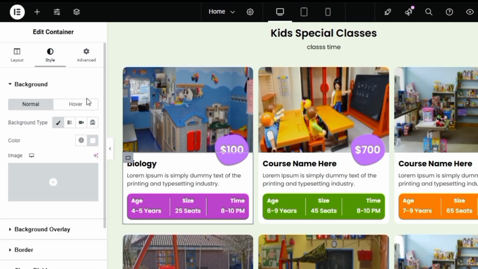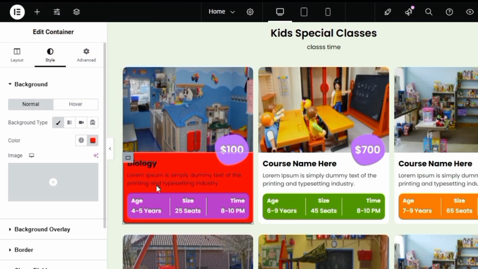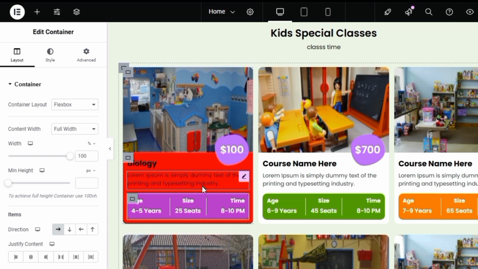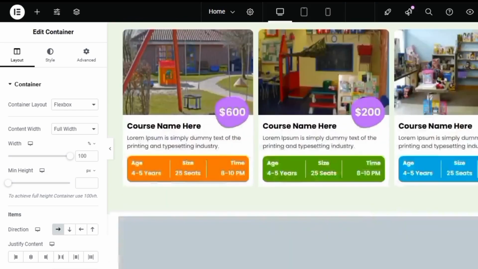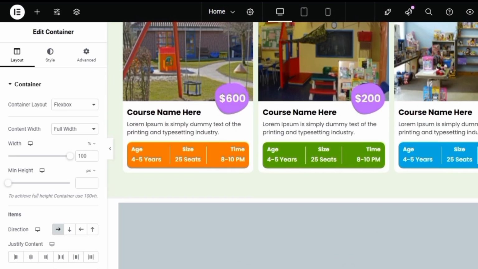Let me show you how. As it's white, you can put it as red. You see that everything here has changed. The background of all the elements here has changed. So it's just like clicking it and changing. Anything you want to click, you just click and change. That's how Elementor works. That's why I love using Elementor to build, because it makes my work very fast